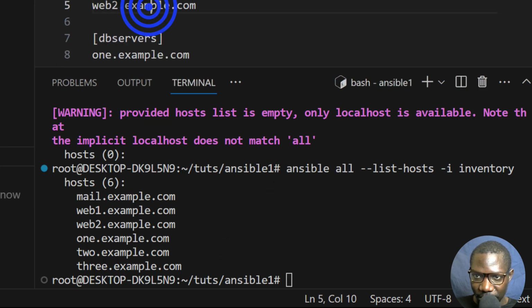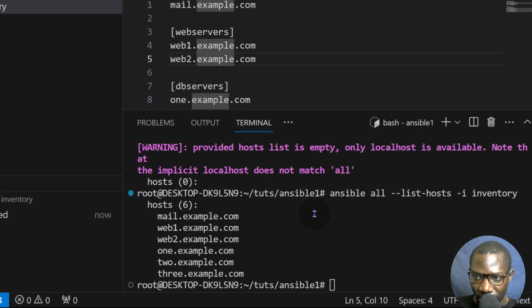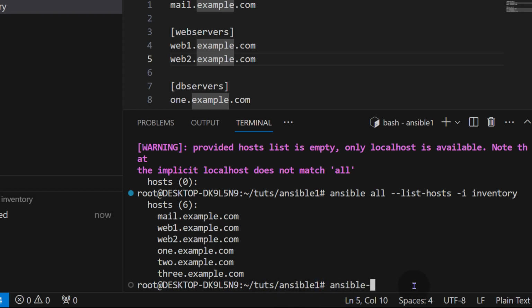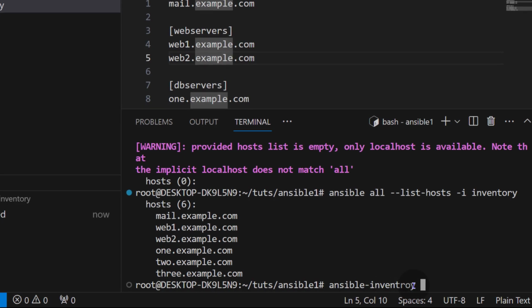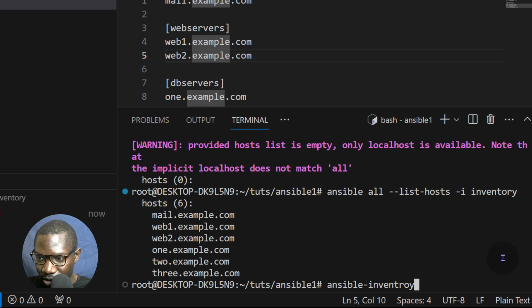So if you want to view them based on these groupings, you can also categorize them based on the groupings. And to do that, you'll use an Ansible CLI tool called ansible-inventory --graph and -i.